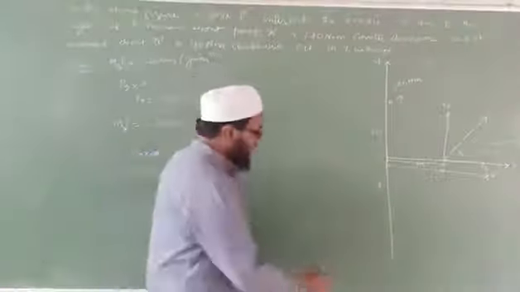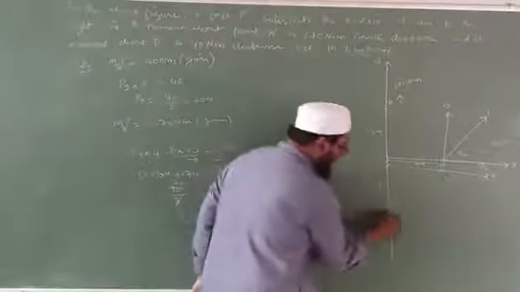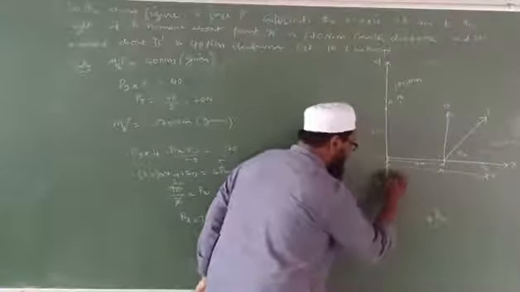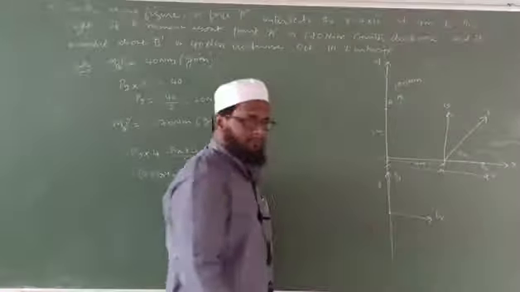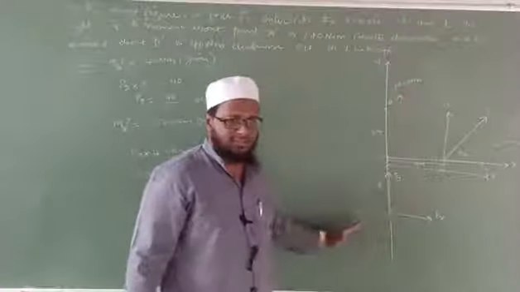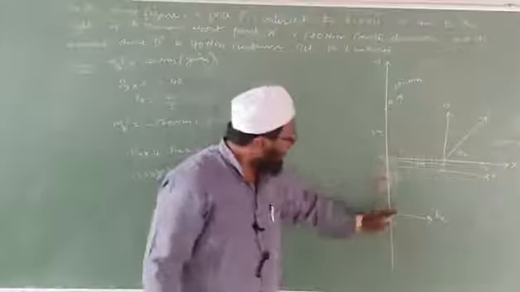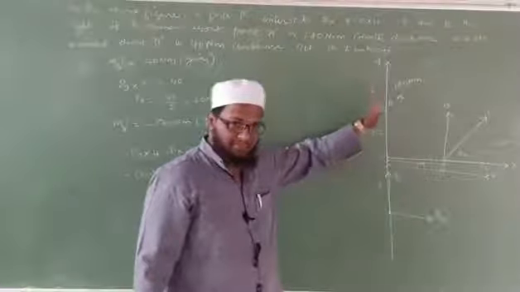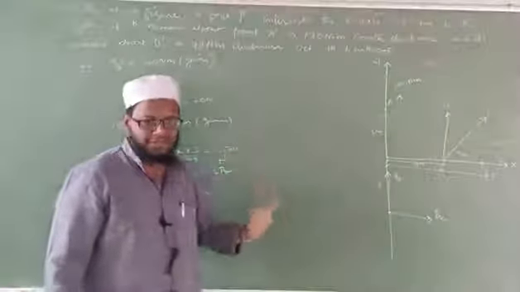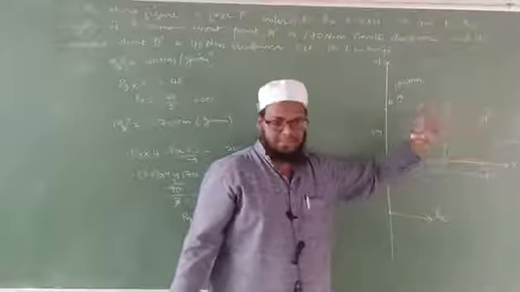Suppose this force is here, suppose the force starts from this point. So what will happen? This will be your Px and this will be your Py. Then what happens to the moment? Moment will be same. Always moment will be same because line of action of force is same, isn't it? So at this particular point, I will try to calculate moment. The moment will be same because if you extend the line of action till here also, the moment will be same because of this force. The inclination is not changing, magnitude is not changing, Px and Py nothing is changing.